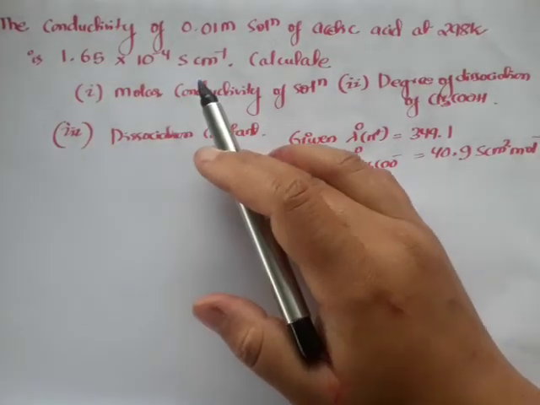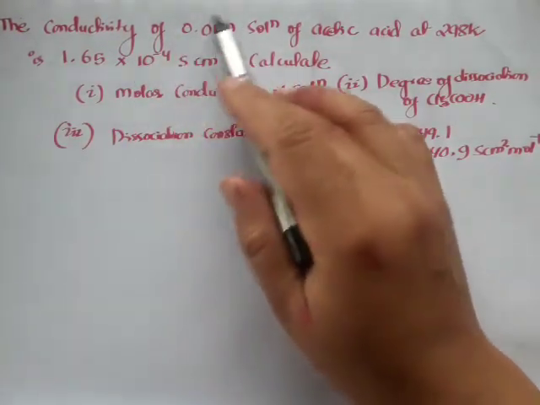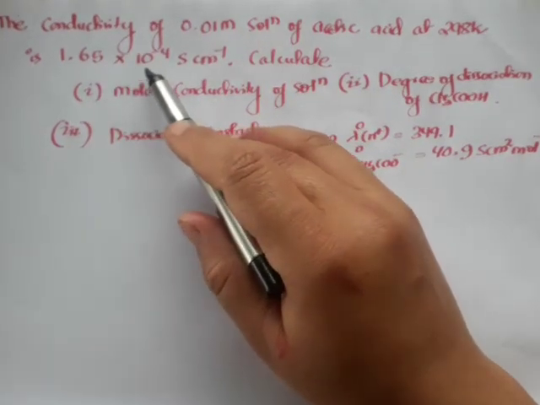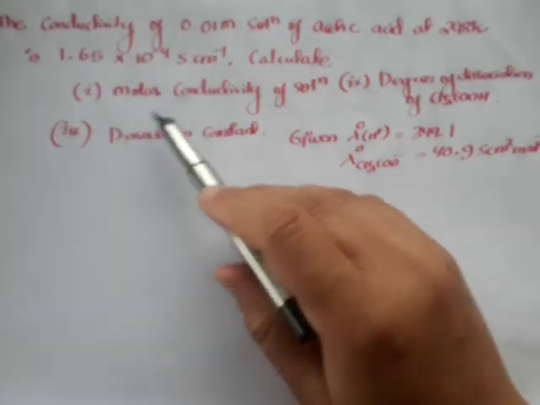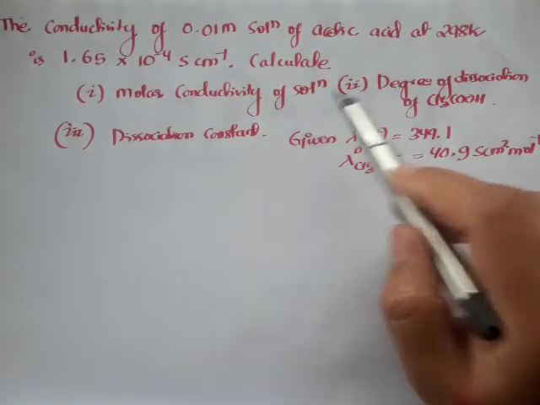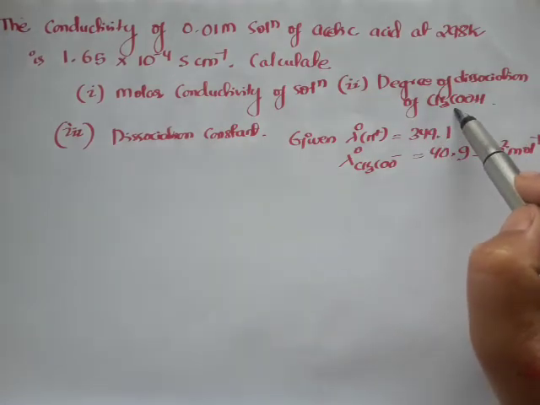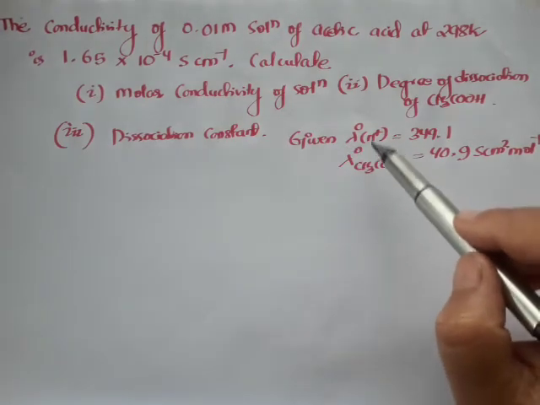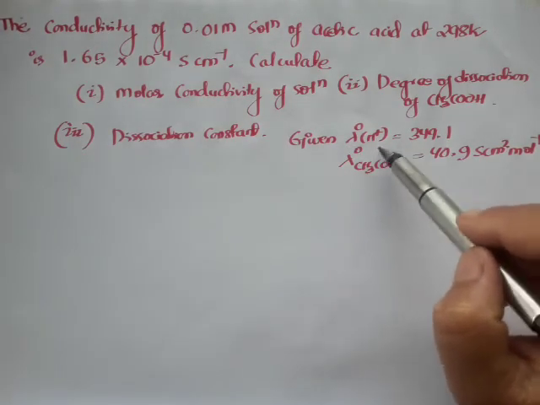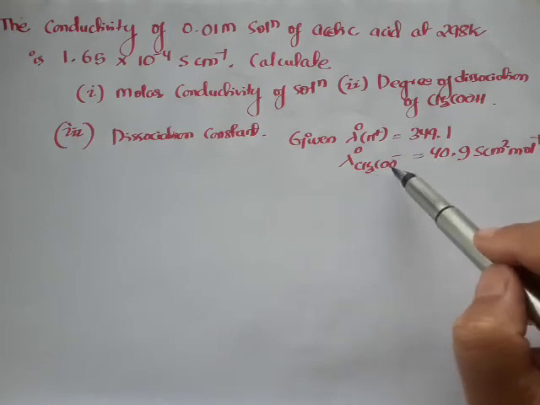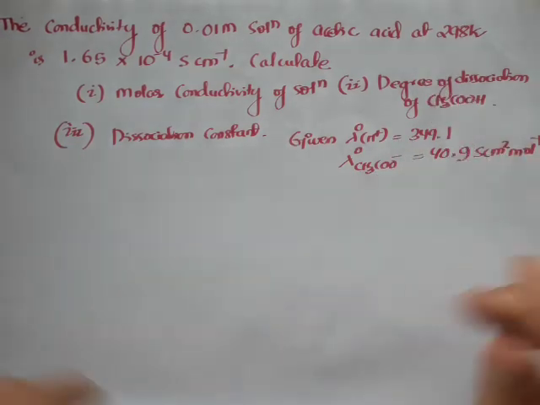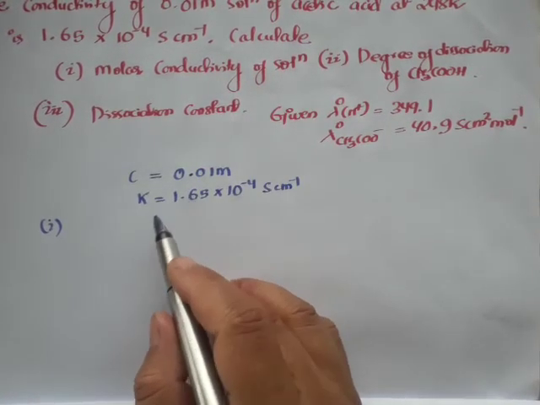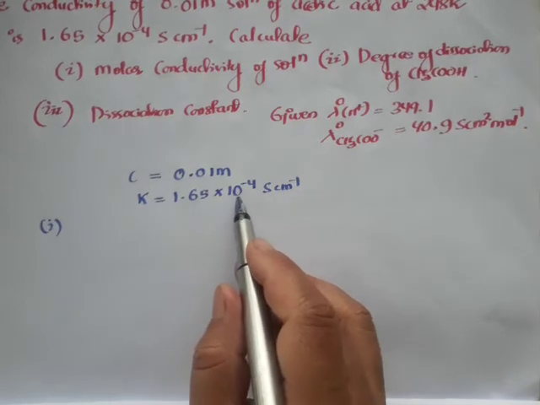Now let us try to do this numerical. The conductivity for this concentration of your acetic acid is 1.65 into 10 to the power minus 4. First you need to calculate the molar conductivity of the solution, then the degree of dissociation of acetic acid and the dissociation constant of acetic acid. Given are the limiting molar ionic conductances of your H plus ion and acetate ion. Let us see what is given. The concentration is 0.01